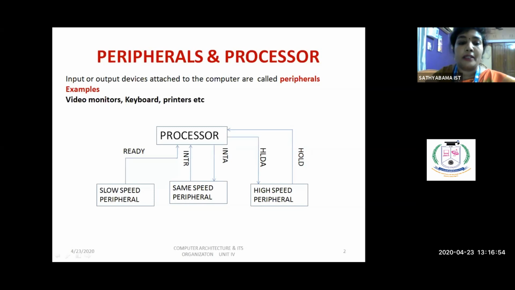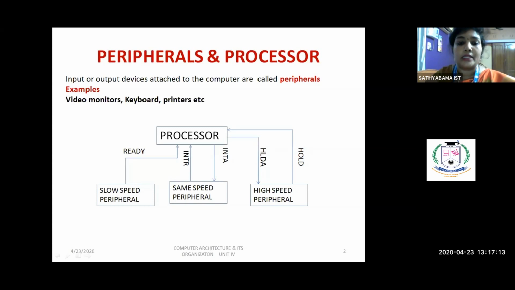Whenever data has to be transferred from a slow speed peripheral to the processor, the processor will go to a wait state till the peripheral gets ready. Then, if the data is ready in the slow speed peripheral, it will give one ready signal to the processor.